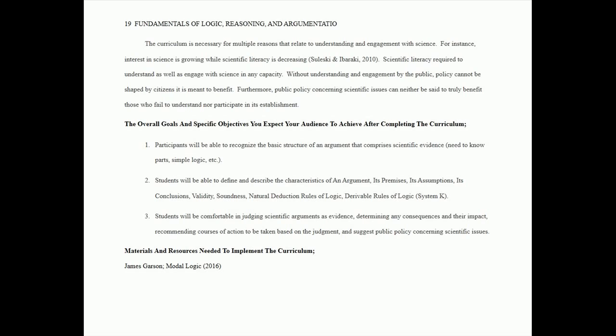in its establishment. The overall goals and outcomes include: participants will be able to recognize the basic structure of an argument that comprises scientific evidence. In addition, successful students will be able to define and describe the characteristics of an argument, its premises, its assumptions, its conclusions, validity, soundness, natural deduction rules of logic, and derivable rules of logic, for example System K. And,